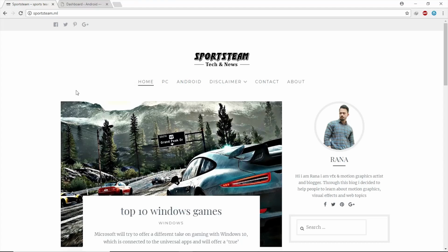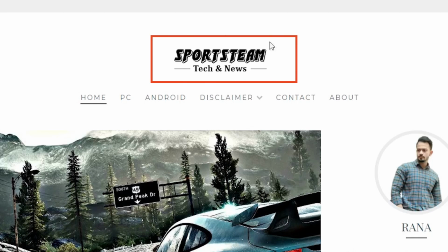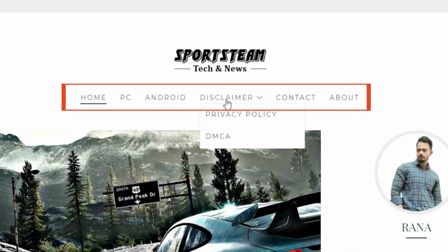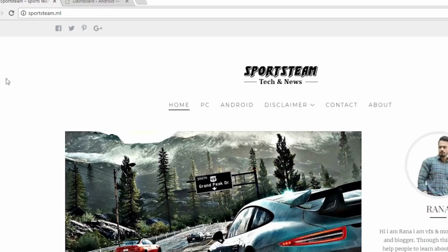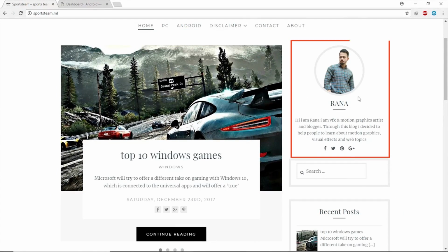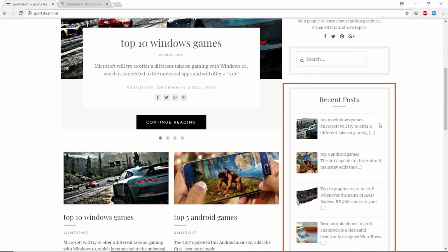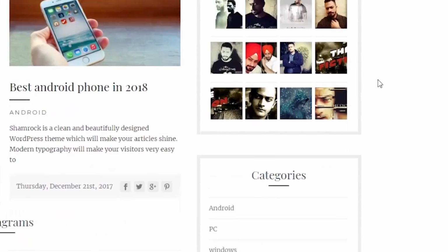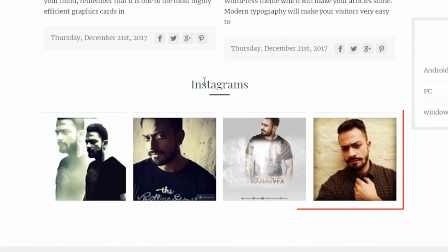Let me show you how you can create a free WordPress blog. So guys, this is the blog that we are going to create. We are going to create the branding of this website. Next we are going to create these menus and submenus, and next we're going to create these social media links, and then we add a post, and then we create the about the author section, and then we're going to add this search bar, and then we add this recent post section, and then we're going to add this Instagram post section, then we're going to add this category section, and we're also going to add this Instagram